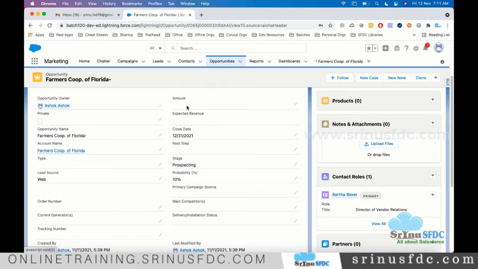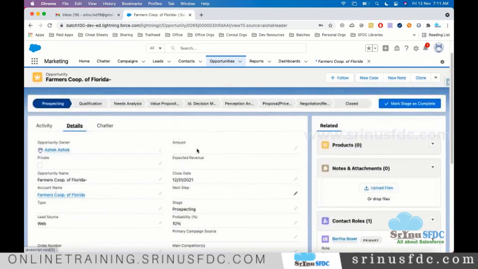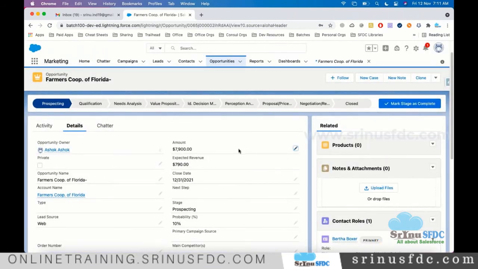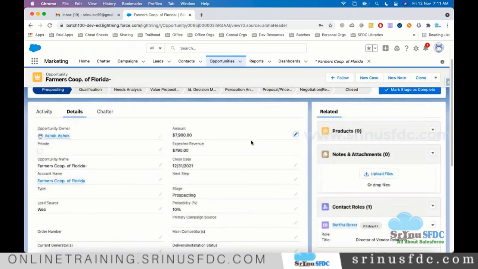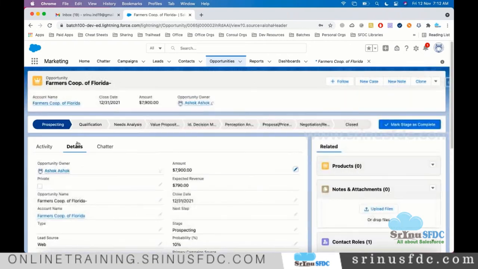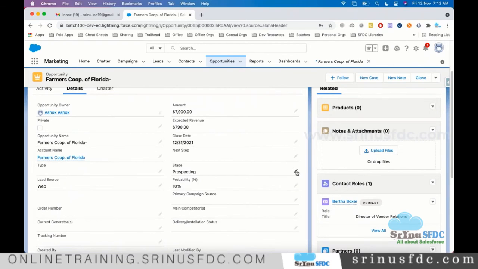Here is the opportunity name, and maybe how much amount they will get. We can also give some amount, and all those details can be maintained. Now, an opportunity is a deal. We don't know whether they will buy or not. So one of the sales representatives of the Apple company will be contacting this contact, who belongs to this account, and progressing on this deal.